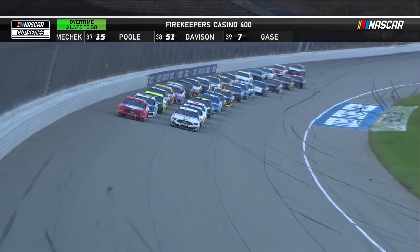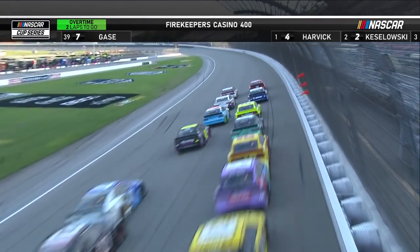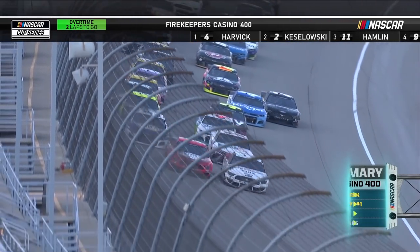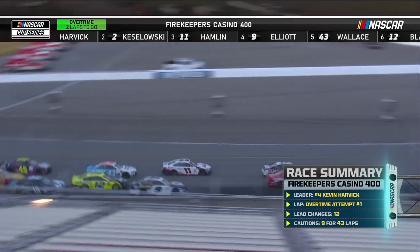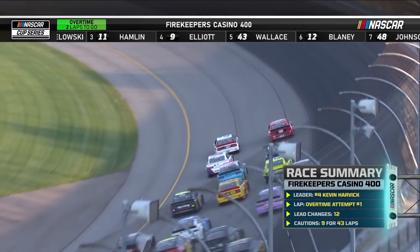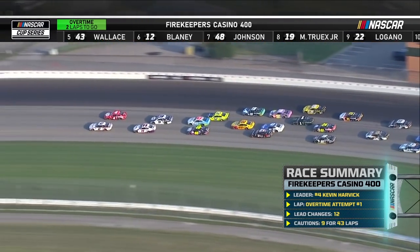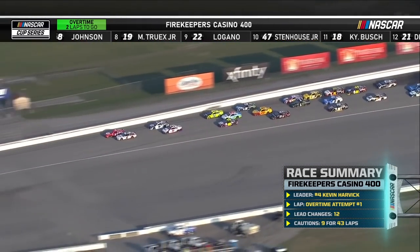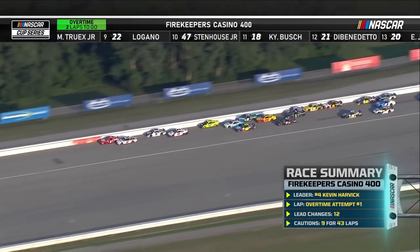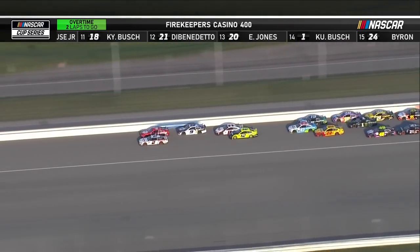You see the hand going for Brad Keselowski, hoping that Denny Hamlin will get going and give him a shove. Really, nobody's locked up on the bumpers of those front 2. Harvick side-drafted that 2 car, keep him slowed down. Keselowski trying to take the shortest way around there. Harvick's in the best shot right now. Best position for Harvick. Bubba falling back, and here comes Harvick surging out. But then the side draft by Brad Keselowski pulls him back as they go into 3, side by side